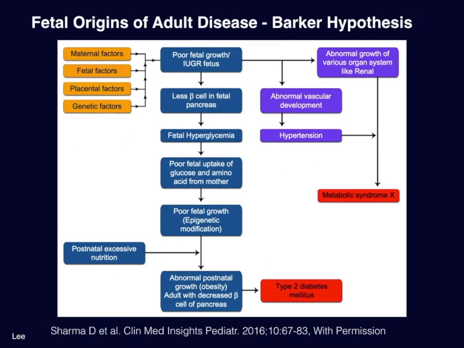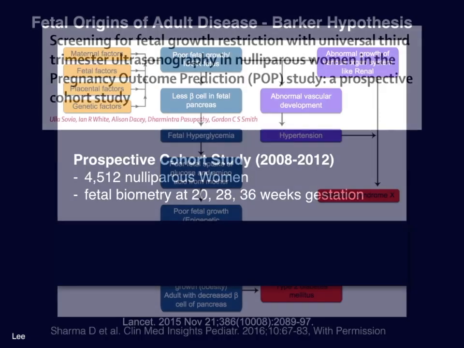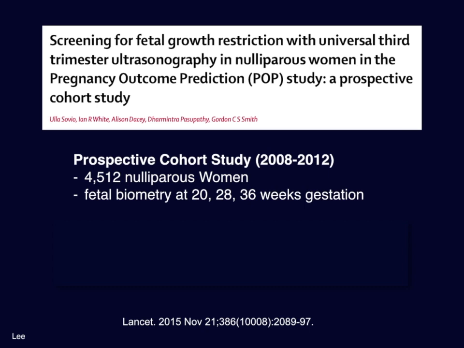The maternal, fetal, placental, and genetic factors that can lead to low birth weight also have important implications for SGA children developing diseases in later adult life, including hypertension, diabetes, and vascular disease, with regard to the developmental origins of adult disease. As a final note about the detection of SGA fetuses, Sovio and colleagues recently reported a prospective